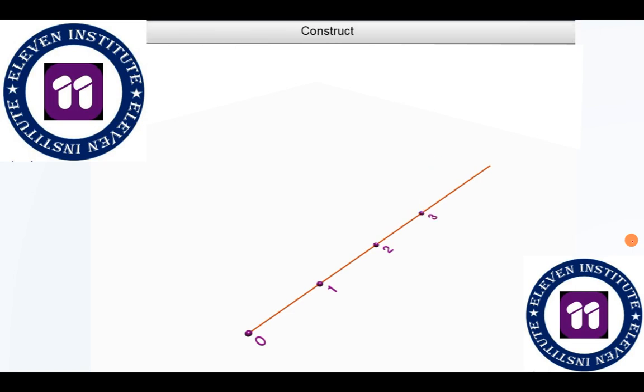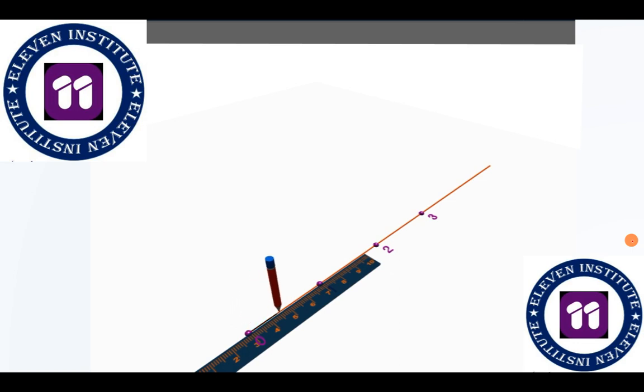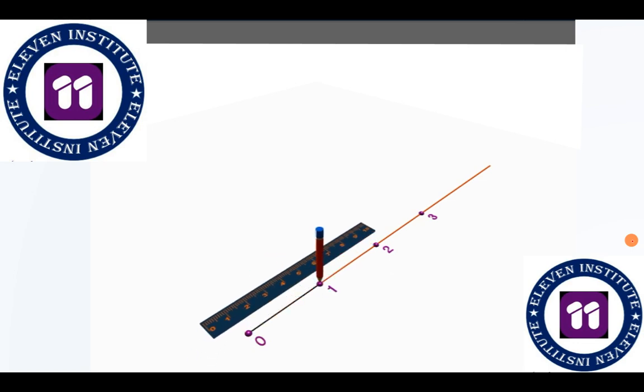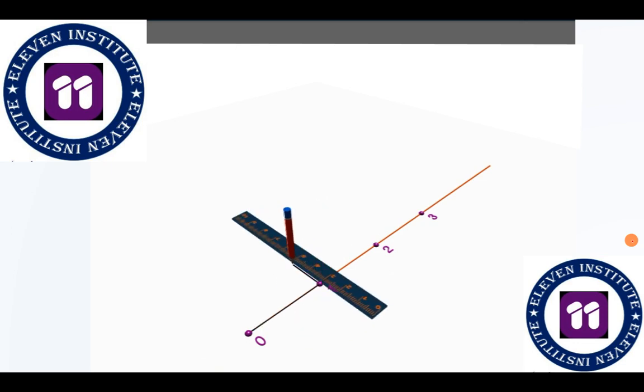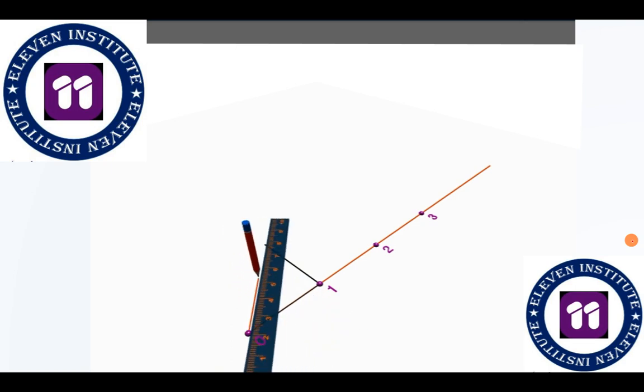Now we will construct root 2. So root 2 is quite simple. 1 unit on the base, then perpendicularly, make sure the ruler is perpendicular to the number line, again 1 unit, which means 4 centimeters. And when I join them, the hypotenuse will be of the length root 2. But unlike the previous animation, I will not draw an arc over here. I will just know that this line measures root 2.